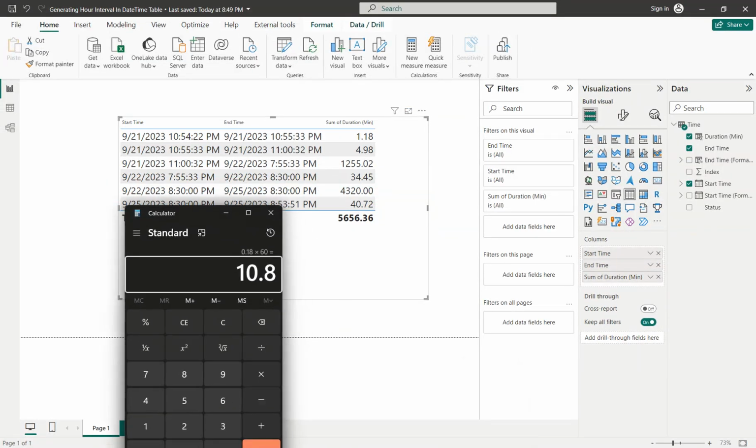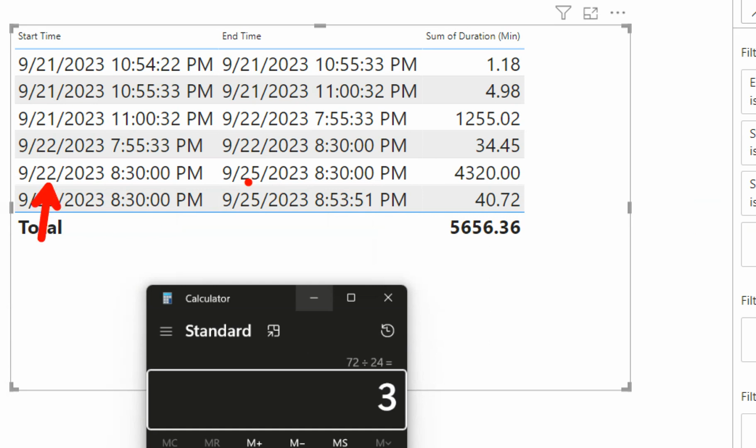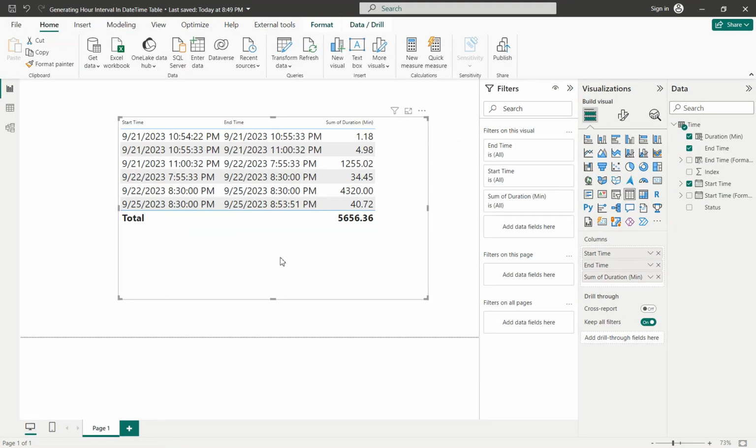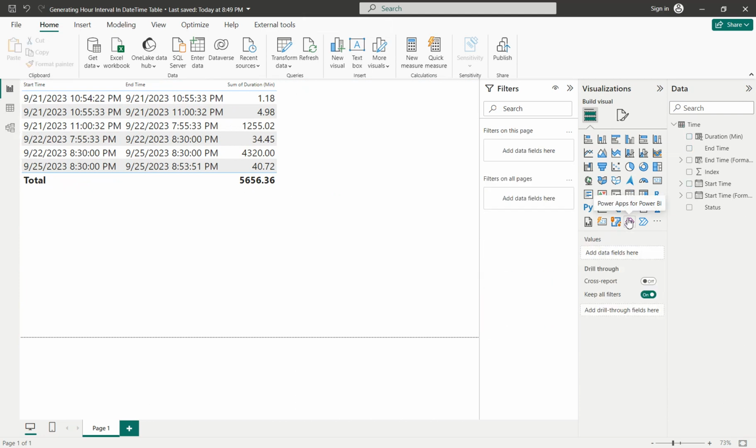4,320 minutes, when we divide it by 60 and then 24, would see about 3 days difference, which in this case is a 3 days difference from the 22nd to the 25th. Okay, so that's the reason why we preserved the start time and the end time column, or their original start time and end time column. In having a start time and a start time formatted, as well as an end time and an end time formatted, not only are we able to create a table like this, we can also create